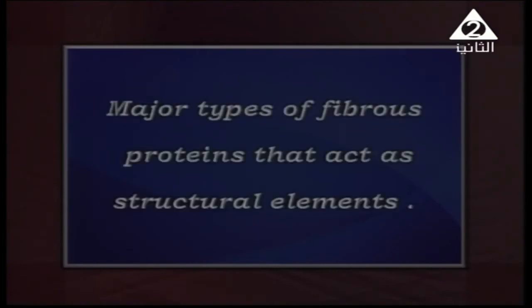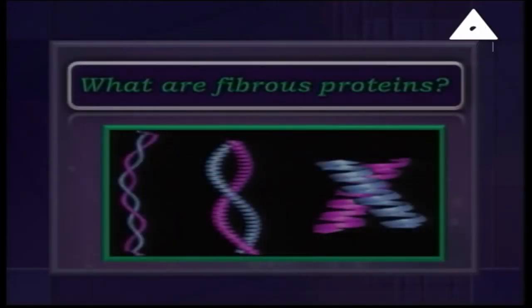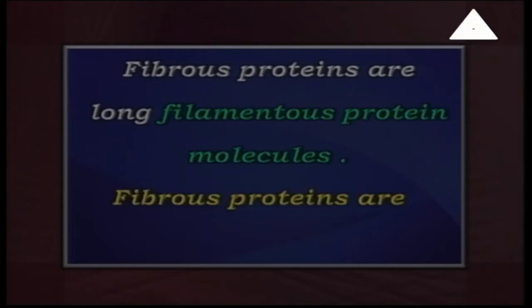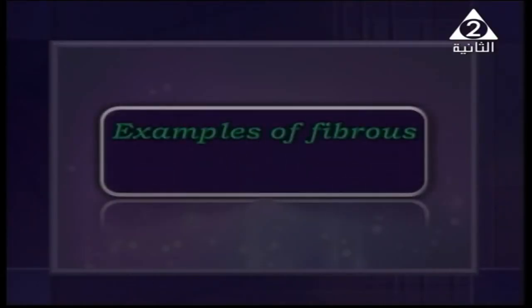We should know first the major types of fibrous proteins that act as structural elements. Do you know the meaning of fibrous protein? We are going to know. This figure represents the shape of fibrous proteins, and they are long filamentous protein molecules. Fibrous proteins are only found in animals. Examples of fibrous proteins: